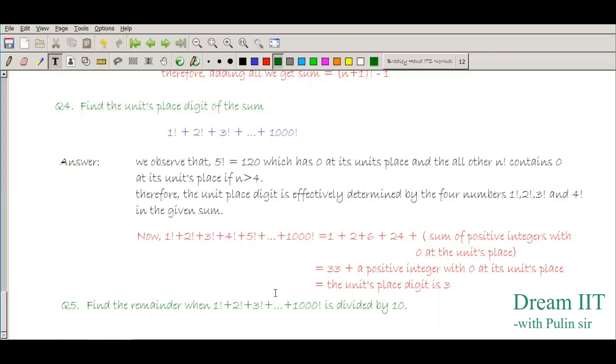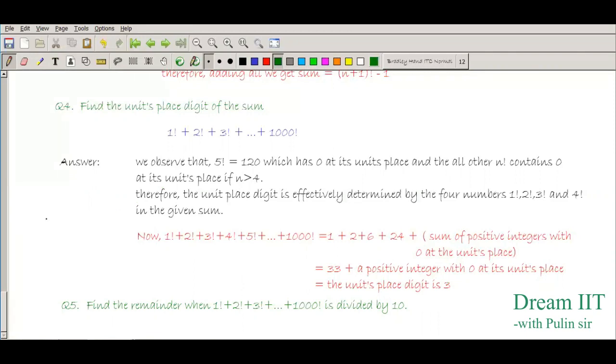Actually, if you observe a little carefully, it is the previous question only, and the answer will be 3 only, right? Because I am just explaining it. I did not answer this question because it is the same. Only one step more you have to write in the previous question.